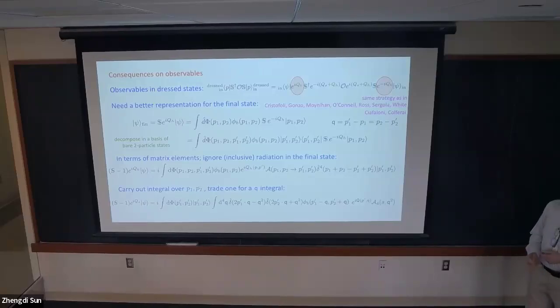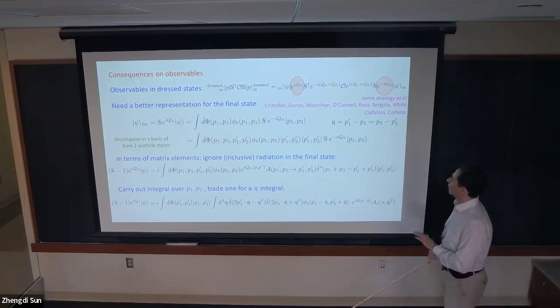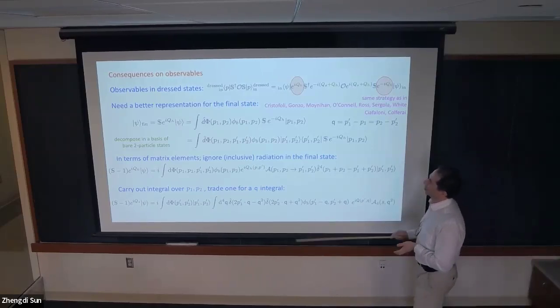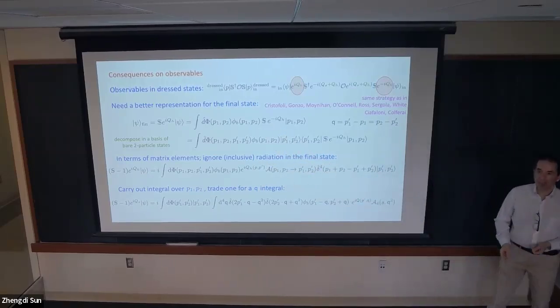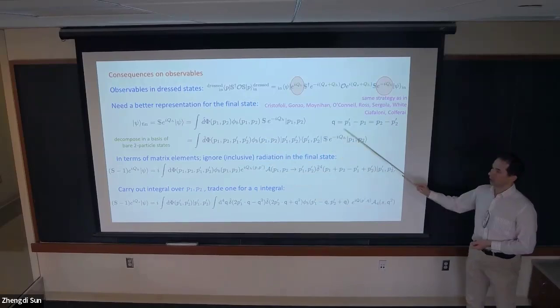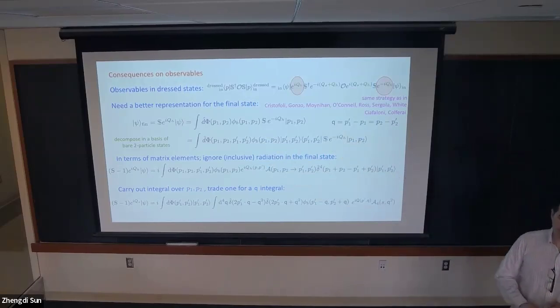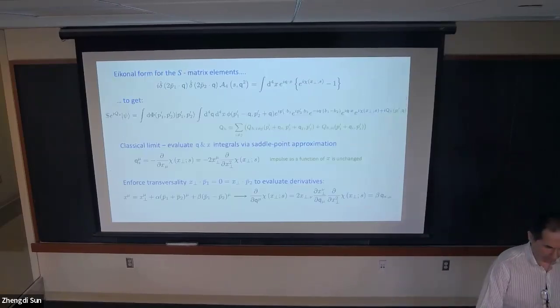Because the time is running short and the patience is presumably wearing thin, I am not going to appeal to your tolerance for long calculations. But the short version is that the way to compute this is to project it onto a complete set of final states and then evaluate these matrix elements by saddle point approximation. So once you do this,